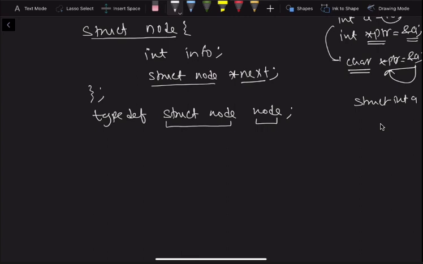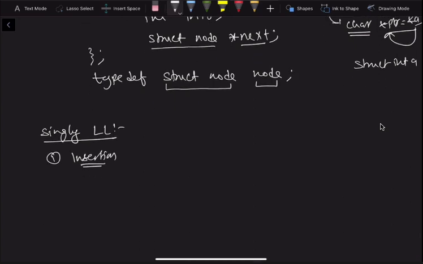So let's say this is our singly linked list and we are learning insertion. So in the starting we have nothing. What I am teaching here is the crux and the very basics of data structure. If you can understand this, I can guarantee you will not be able to skip a single question of data structure.